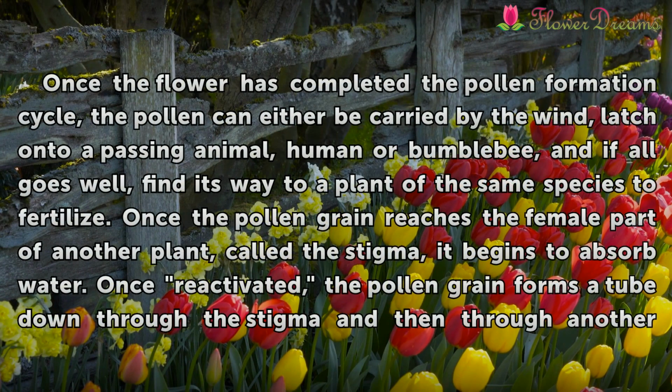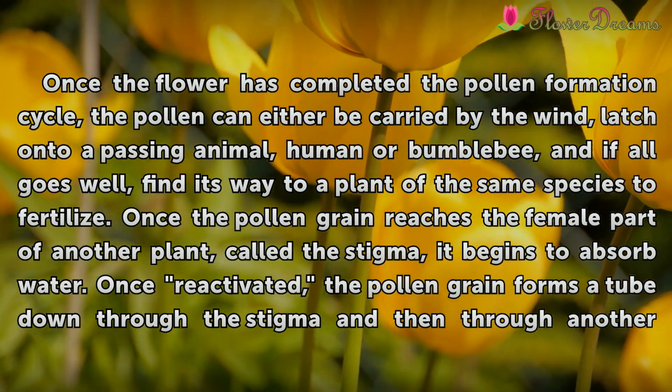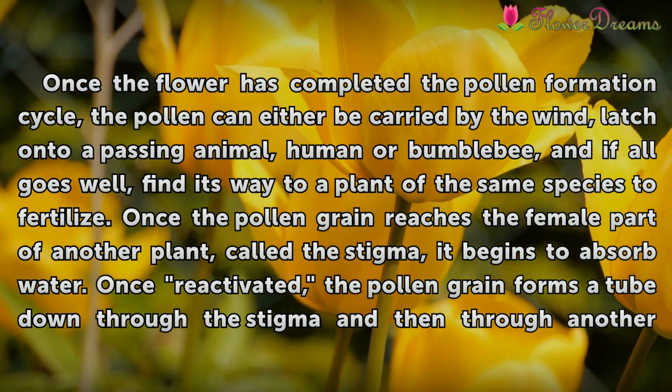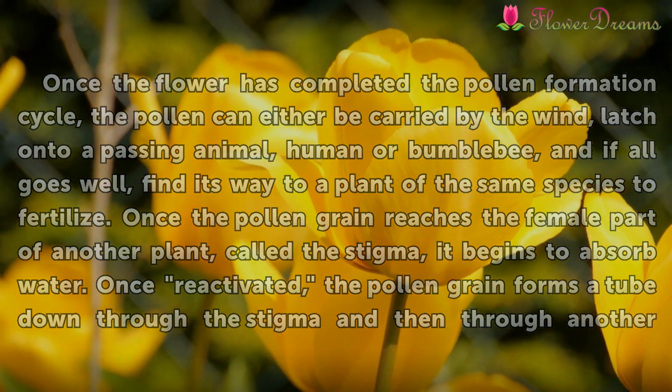Once the flower has completed the pollen formation cycle, the pollen can either be carried by the wind, latch onto a passing animal, human or bumblebee, and if all goes well, find its way to a plant of the same species to fertilize. Once the pollen grain reaches the female part of another plant, called the stigma, it begins to absorb water. Once reactivated, the pollen grain forms a tube down through the stigma and